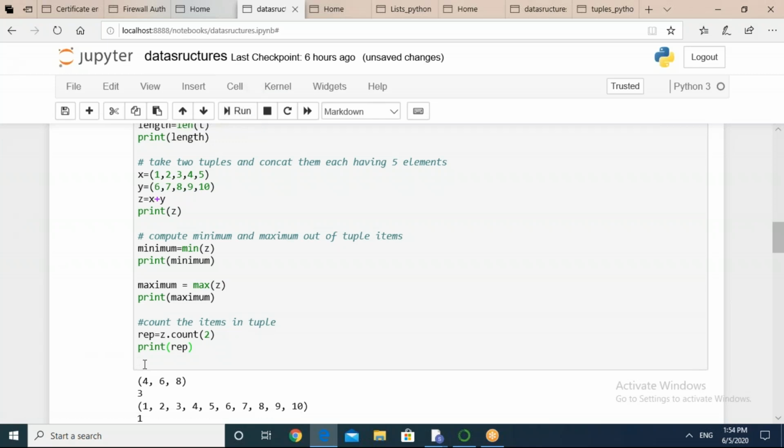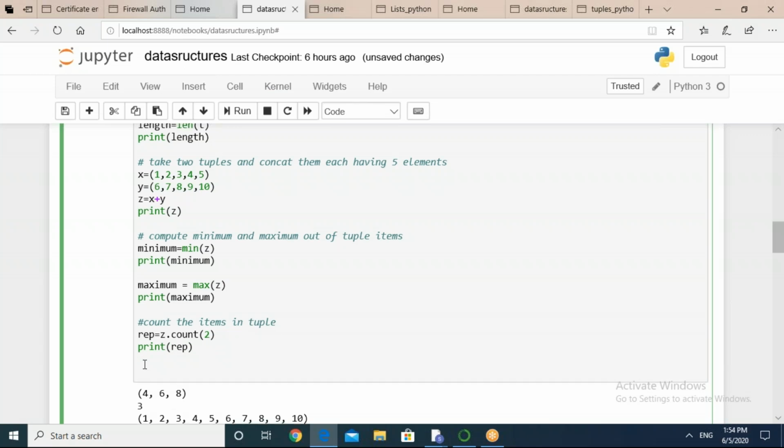So as we can see here that the tuple is already having all the items in order. So let us sort the tuple in descending order. So Z is our tuple name, and you will have to sort the tuple.